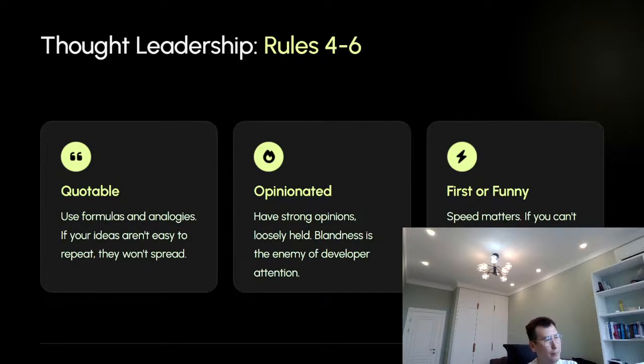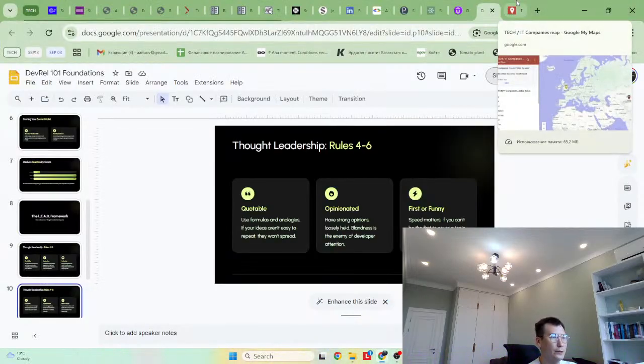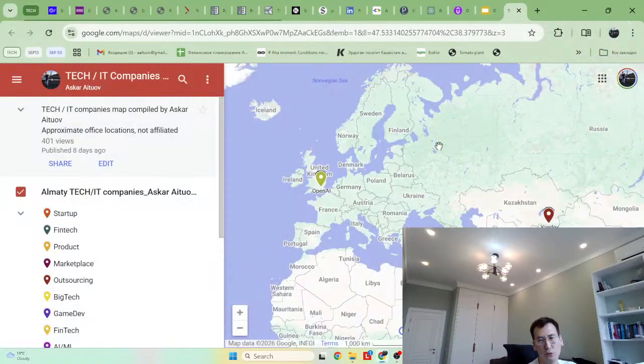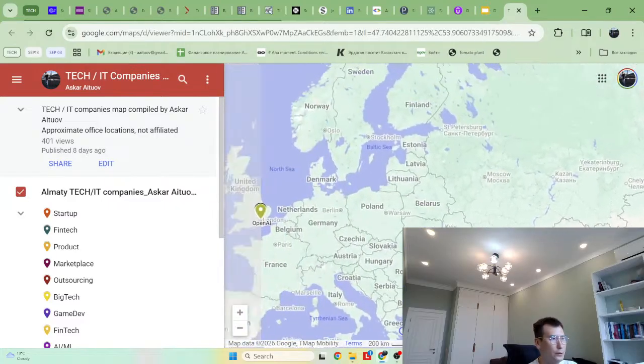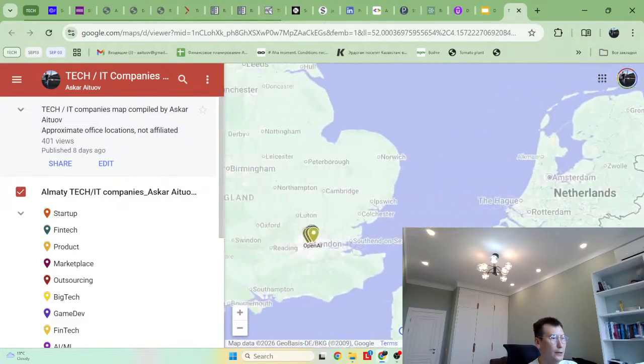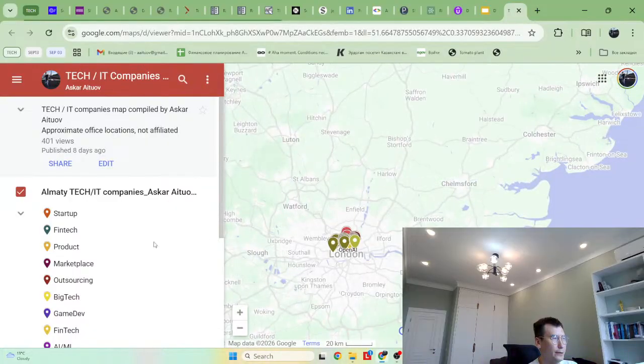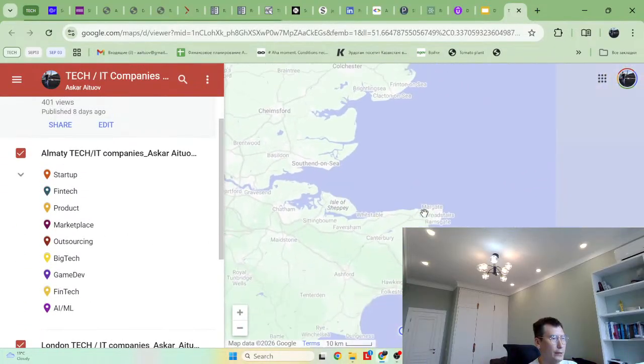What I mean by this, for example, let me show you. You can build an artifact which compounds. For example, here I built a map of IT companies in London and in Almaty.